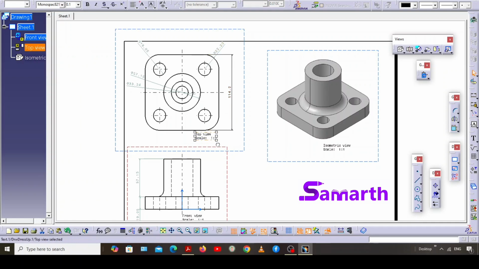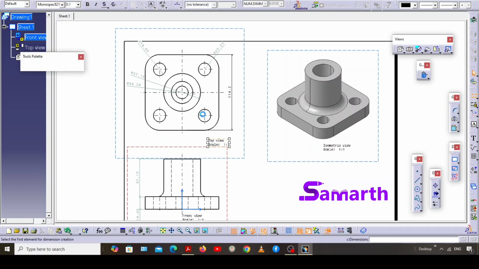Again, I want this dimension also. Click on Dimensions, select this line, select this line, drag and click. Okay,